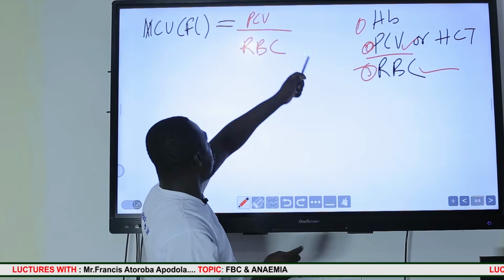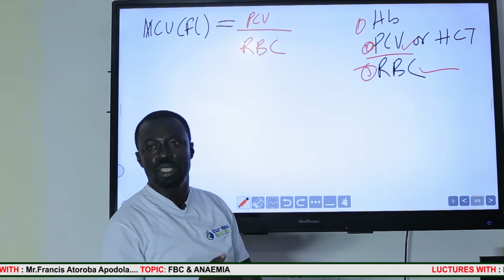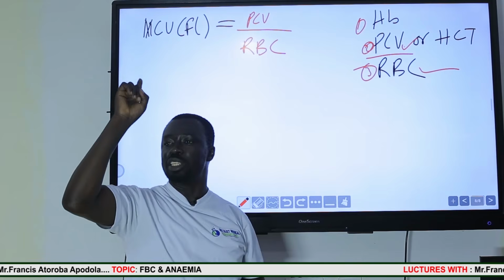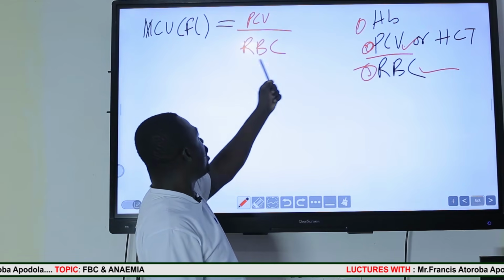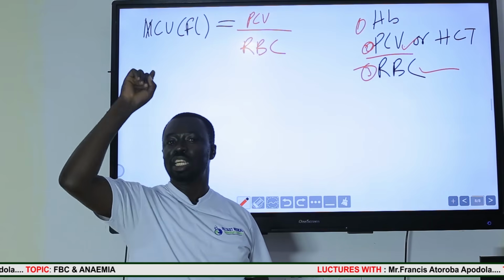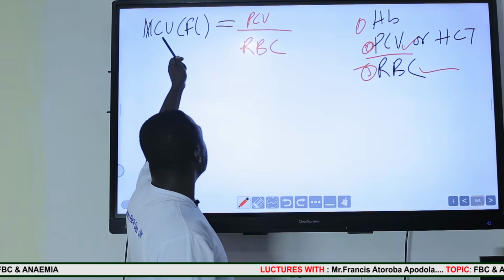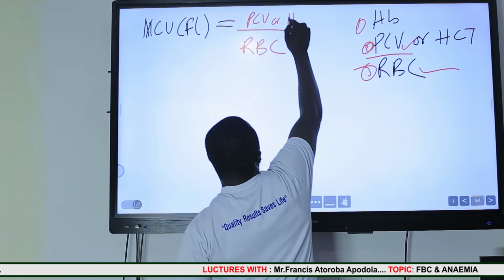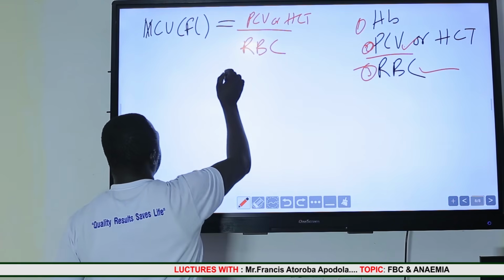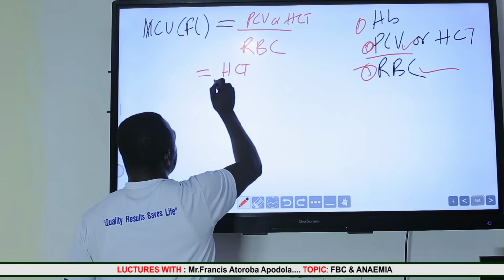If this number of red blood cells gives us a volume we call the PCV, then to get the volume of a single red blood cell, we divide the total volume by the total number of RBCs. Then you get the volume of a single RBC, and that is what we call the mean cell volume, which is the same thing as hematocrit. So MCV is equal to hematocrit over